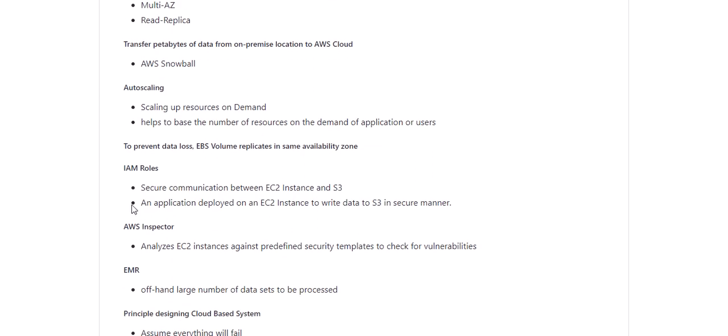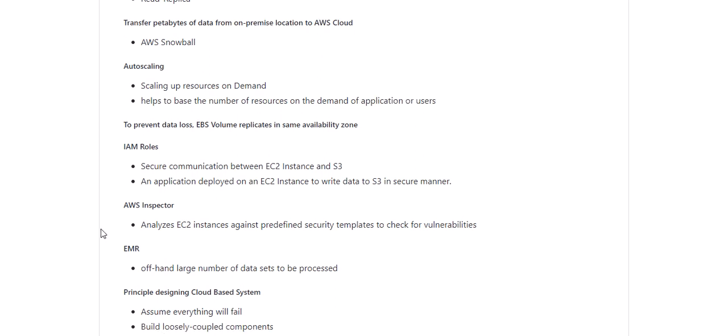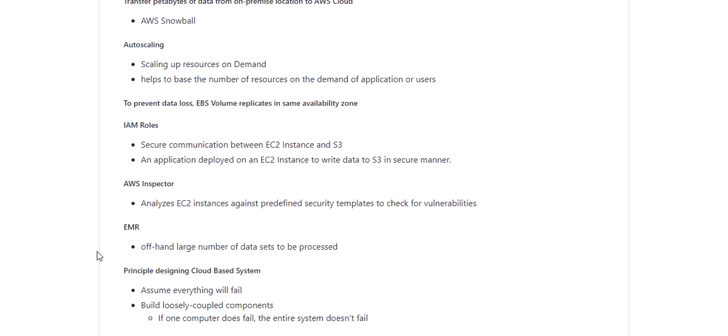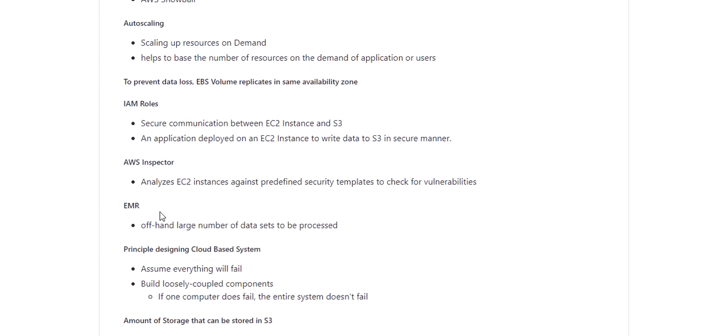IAM roles secure communication between an EC2 instance and S3. An application deployed on an EC2 instance can write data to S3 in a secure manner. AWS Inspector analyzes EC2 instances against predefined security templates to check for vulnerabilities. And you have EMR, Elastic MapReduce, which is the Hadoop version of